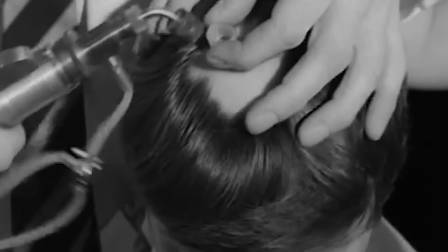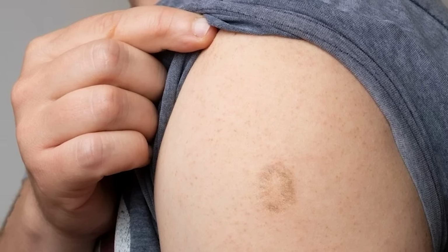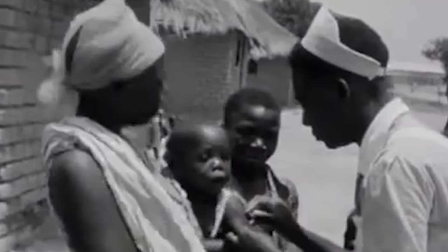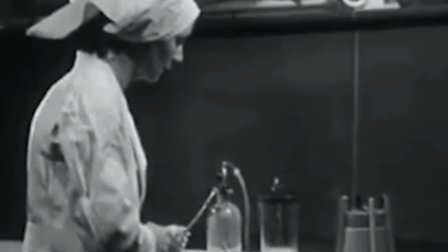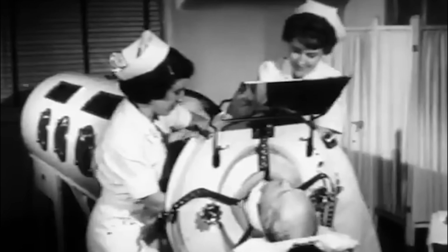Smallpox shot. In the 1960s, the smallpox vaccine was a routine part of childhood immunization programs worldwide. The vaccine, administered with a bifurcated needle, left a distinctive circular scar on the upper arm, which was a common sight among those vaccinated during this era. The vaccine was crucial in the global fight against smallpox, a highly contagious and deadly disease. By the 1960s, vaccination efforts, particularly under the World Health Organization's, or WHO's, intensified campaign,